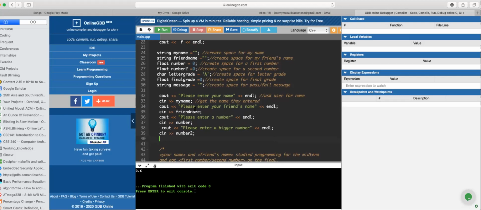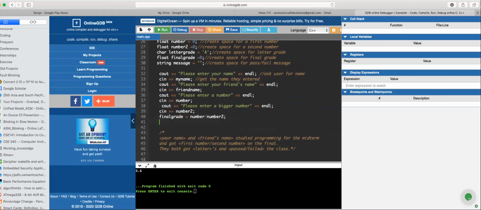That's okay. To calculate the grade, we're going to divide the first number by the second number. So I'm going to say final grade equals number divided by number 2. And because I've called number and number 2 floats, and I've also called final grade a float, it's going to be able to do this calculation no problem. So now that we've figured out what they got on the final,